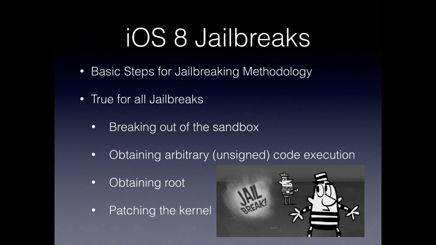Once the code execution is obtained, the next step is to obtain root, or privilege access, by exploiting an Apple-owned daemon that already has root privileges. Finally, they patch the kernel so that this process does not have to be repeated each time the phone is rebooted. Usually, they also patch the code signing mechanism so that any code can run unsigned. This is typical because third-party apps that are installed after you jailbreak your phone are not going to be signed